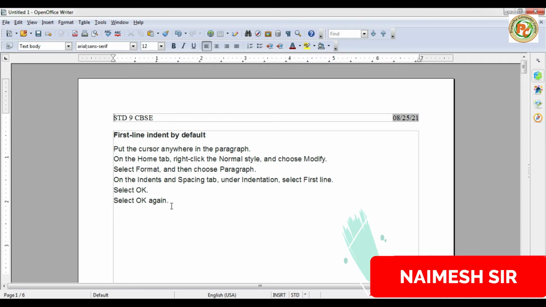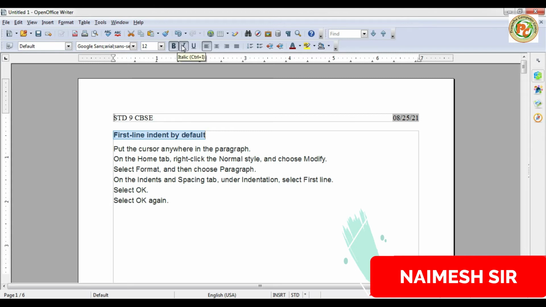Now first we are going to learn about bold. Here the first line is selected, it is already bold, but we don't want that. Now see, this is the formatting toolbar, we will use it right now. The first line should be bold, so select it and click on the bold option, or simply press Ctrl plus B from the keyboard to apply bold. Okay, this way we can bold it.